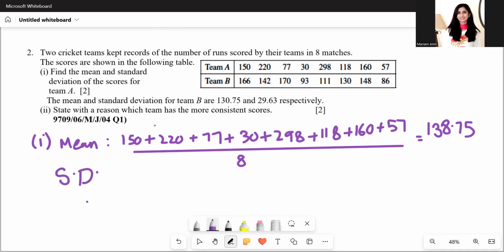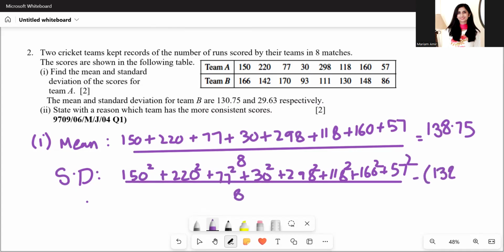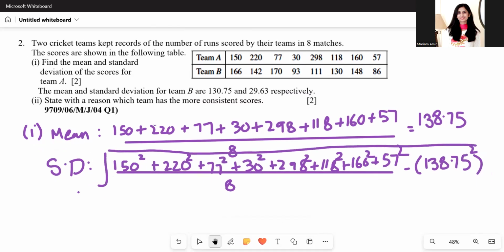Okay. Next part is standard deviation. For standard deviation, what we do, we square all these numerators, divided by 8, minus 138.75 squared. We subtract the square of the mean. And since this is standard deviation, we square root everything. And this would give us